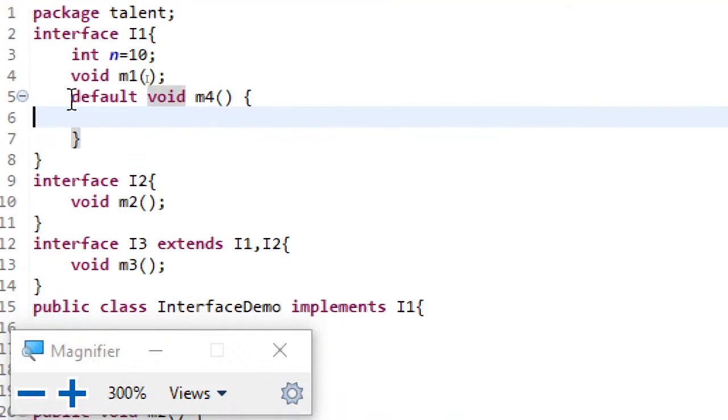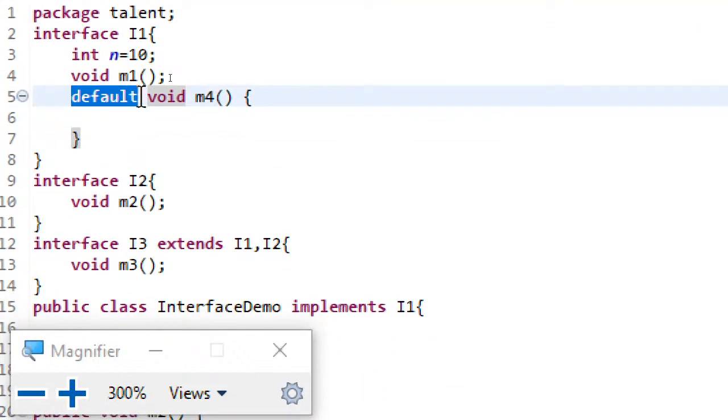So what does it mean? When I am saying something default, I am providing a body for that method which can be used by all the classes that inherit this interface. That's the point to be noted. When I am writing a default method within an interface, it must be understood that it is a method which can be accessed by all the children without modifying, or if they want they can modify. I mean modify in the sense of overriding, not in the original. The original will be hidden, so they can override this. This is the point to be noted.